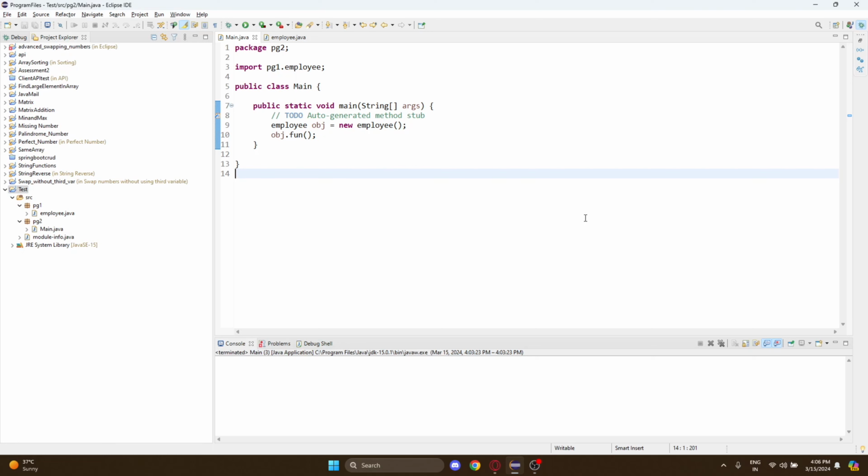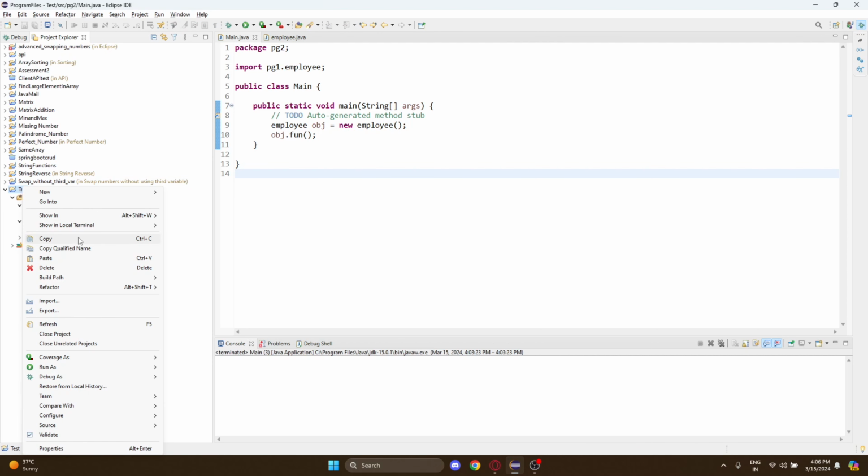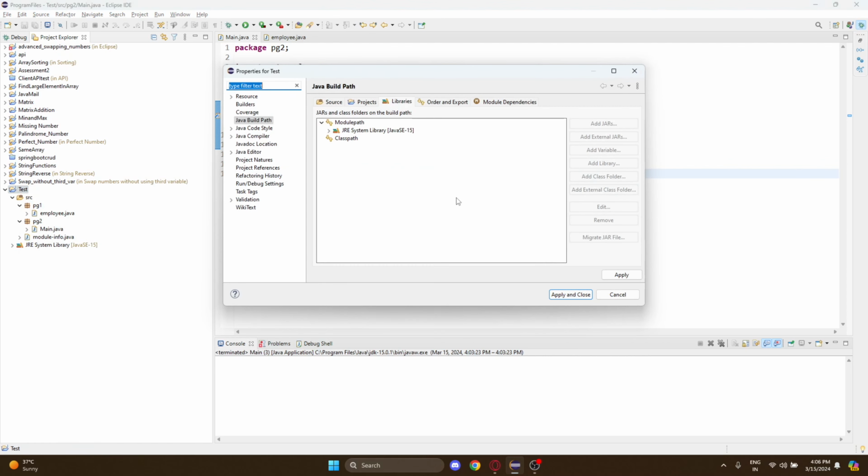In this video, we are going to see how to import an external jar file in your Java project. So right click on your project. There is an option called build path. Go to build path, configure build path